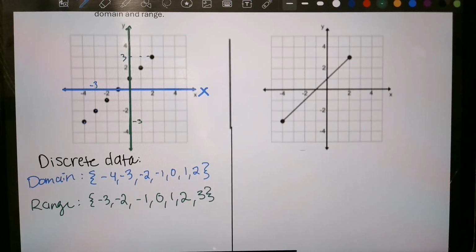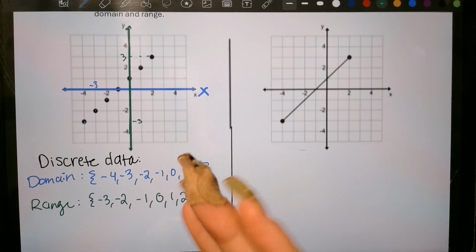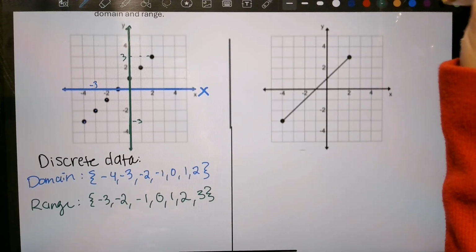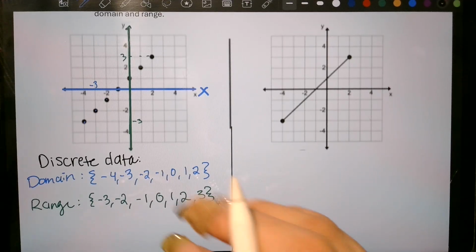So now that we went over that, and if you need to replay that again, if you're confused where these numbers came from, please play it again. But if not, now let's talk about,